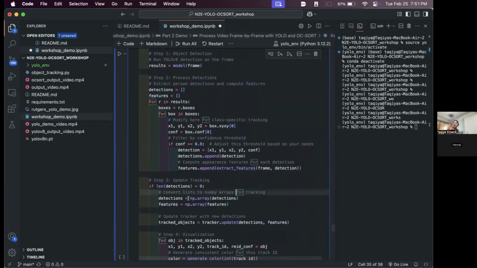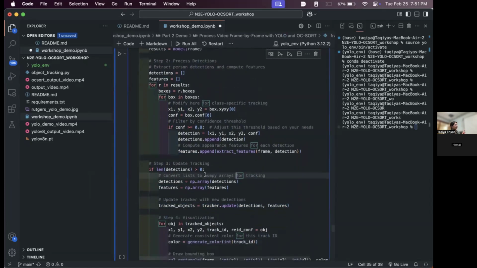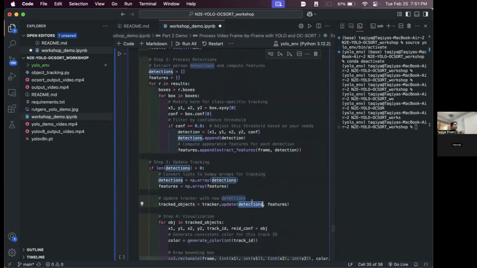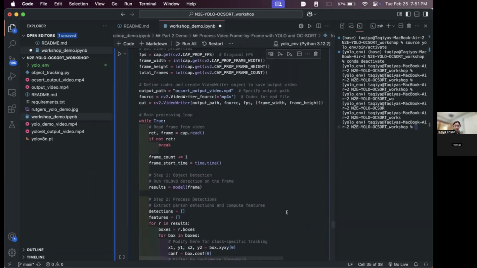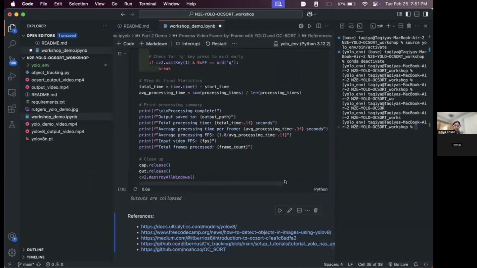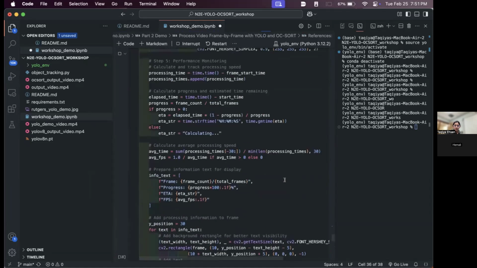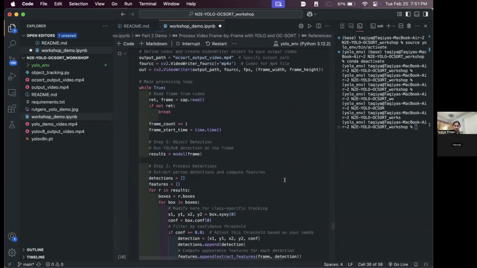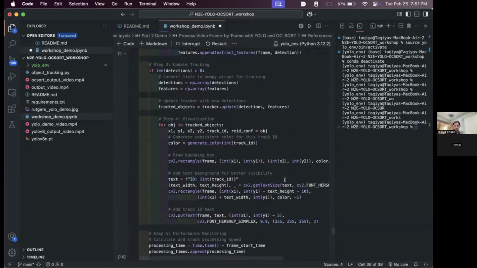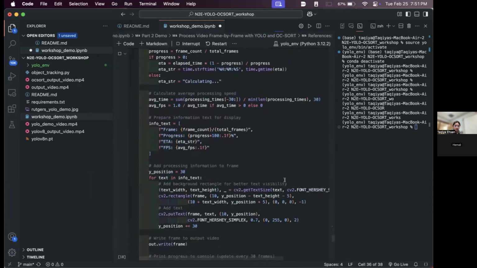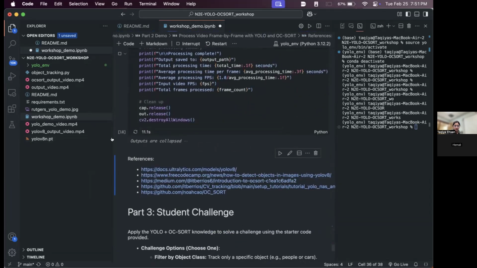This is the only thing that's different from the previous code for YOLO that we did, where you're updating the tracker every time with the new detections and the features, so it's able to do its thing and maintain the ID and assign the ID if necessary. So if we run this now, you will get a video output called OC sort output video. Once it finishes running,